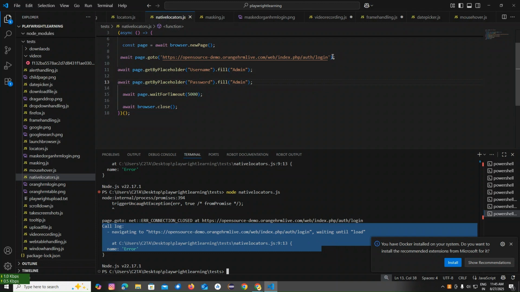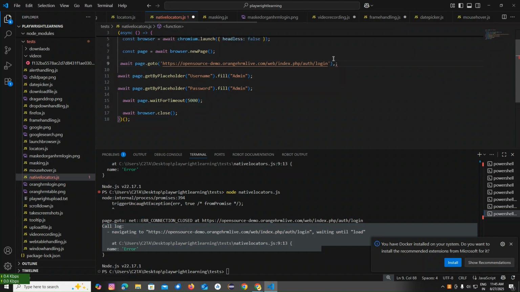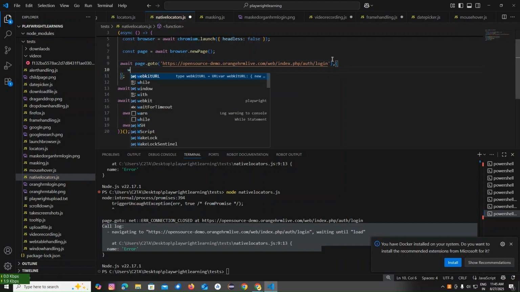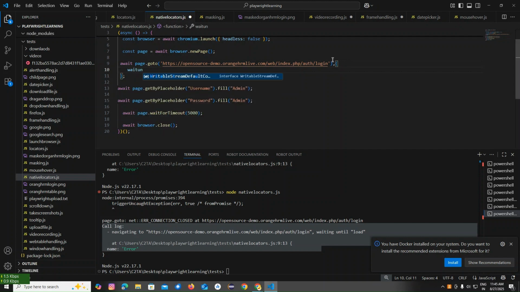So I will add a comma. Then I'll just wait, make sure the DOM is loaded. So what I'll do is I will use wait until. So what happens? The DOM is closing before it's getting loaded. Okay, so I'll give wait